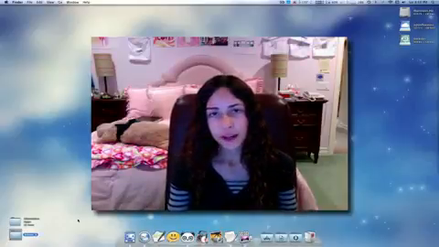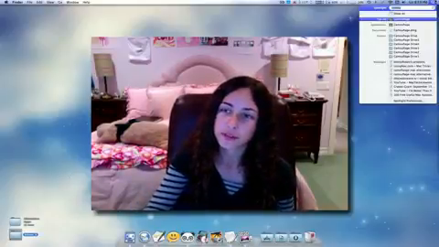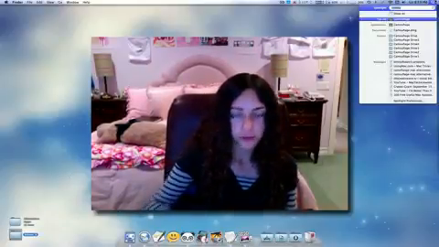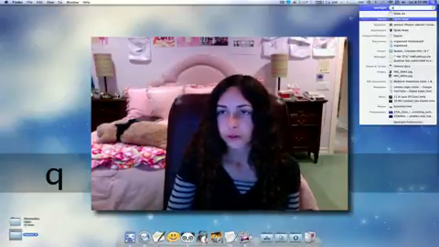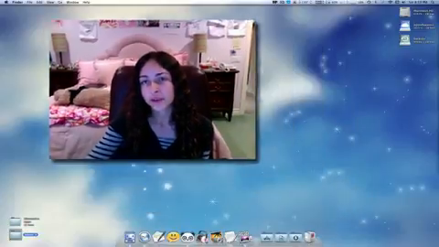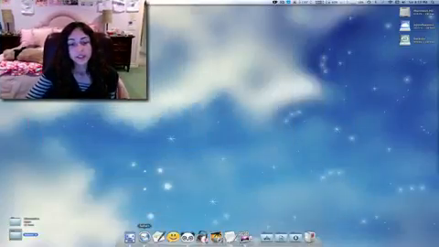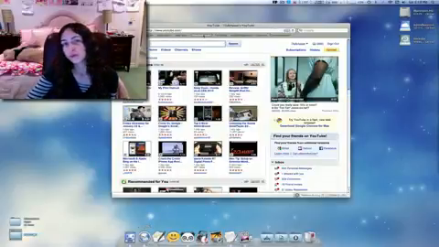And the final tip has to do with two applications. The first one was in my most recent video, 7 essential Mac applications. I think there were 7 of them. It's called Quiet Read, and it's a free application that's located in your menu bar, and you can use it to store links. So if I'm in Safari and I go to